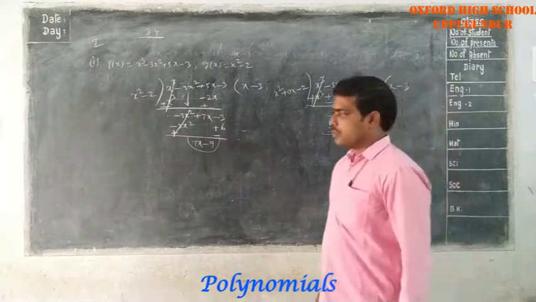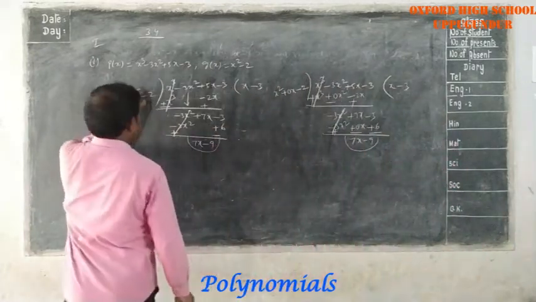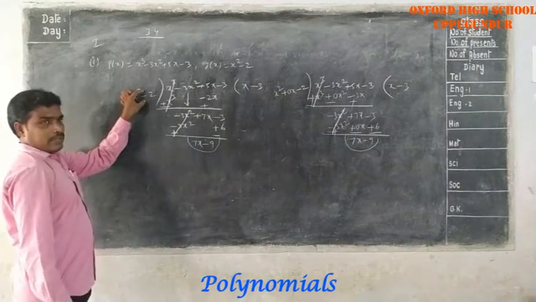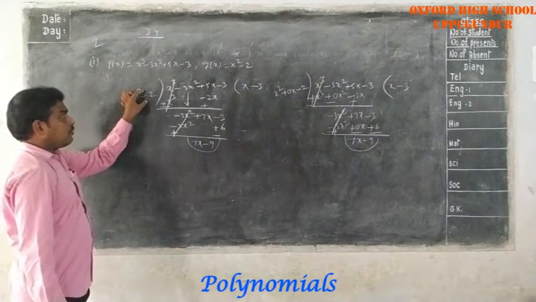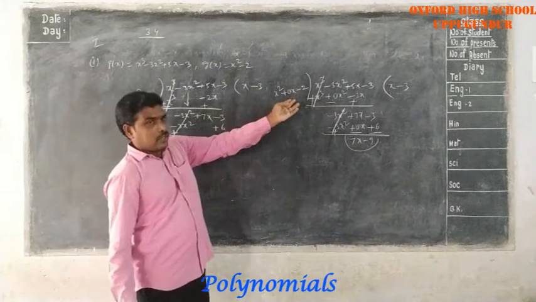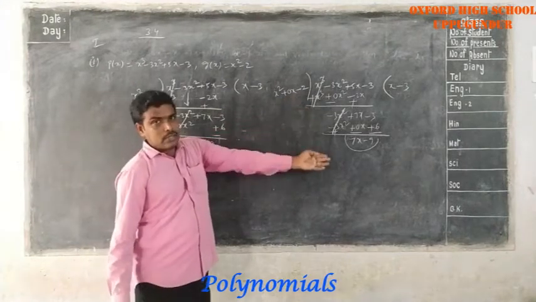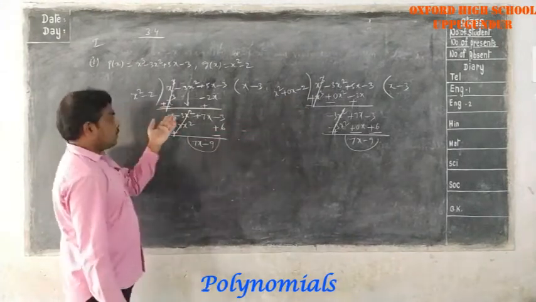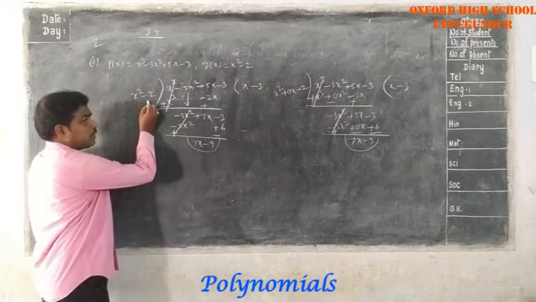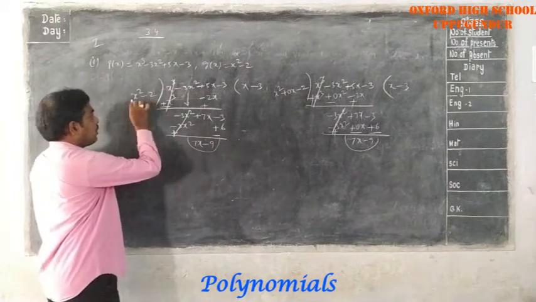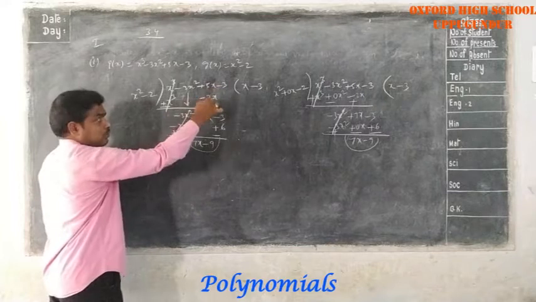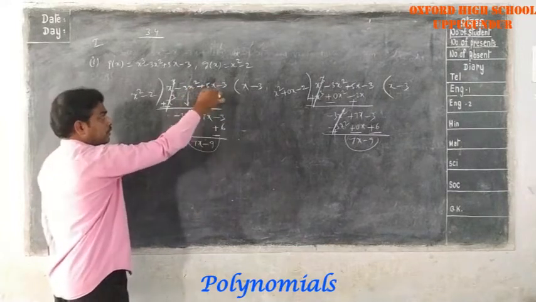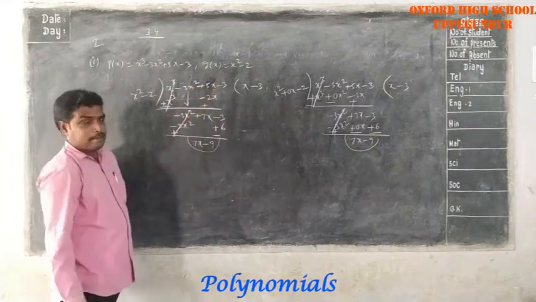So in this way also you can do it. Here x term is not there. In place of x term, you can write 0x also, and you can do the division like this also. Otherwise, you can do like this. But whenever you are dividing like this, here after x cube term you will get x term. You won't get x square term. That you have to write in the x term only.